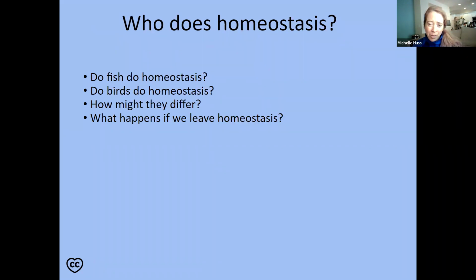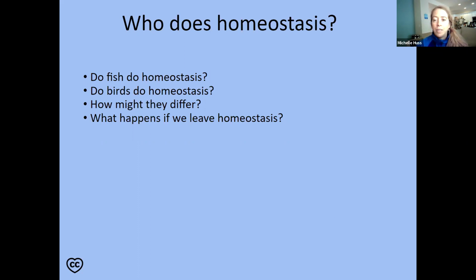Do fish do homeostasis? Who does homeostasis? Right? Everybody does. So fish have to deal with living in water. Homeostasis about living in water. They're submersed in water all the time. So their homeostasis looks different for water than ours does. Same with ions. They're floating around. Our ions are not floating around. Well, unless that's true, they are if we drink them.